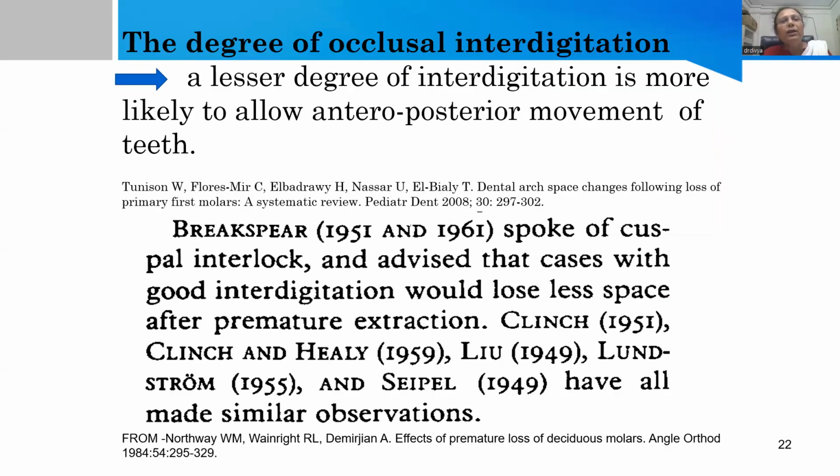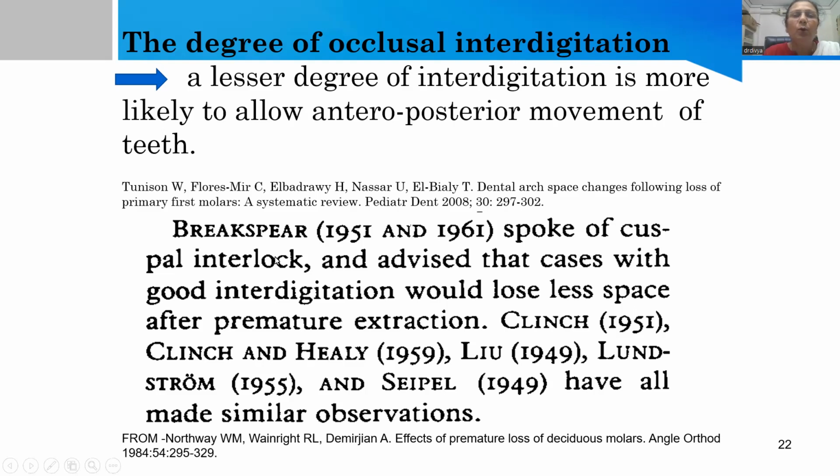Just now I talked about the degree of occlusal interdigitation. I want to share with you some observations by other researchers: if the occlusal interdigitation is less, or not proper, it is more likely to allow anterior-posterior movement of the teeth. That means space loss, if any, because of caries or extraction, will be greater. Another researcher,